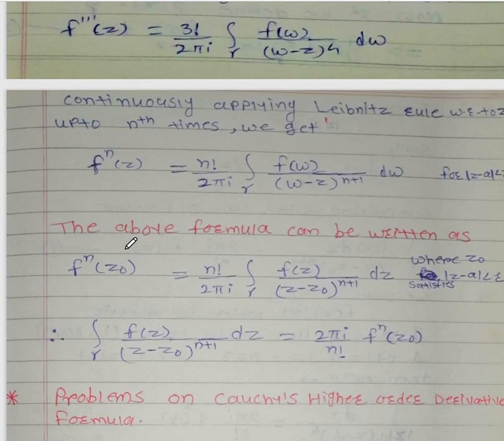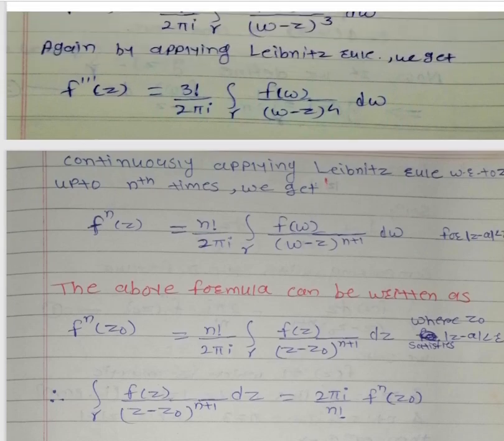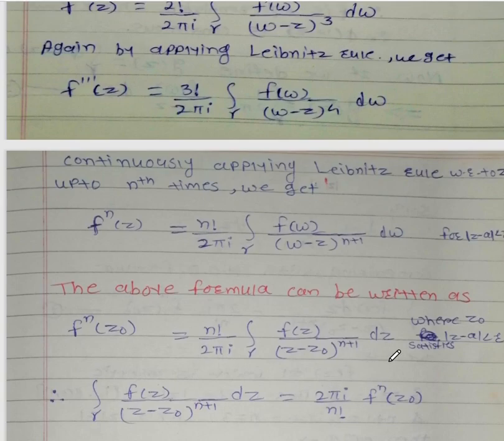The above formula can be written as f n of z0, where instead of z we take z0, an arbitrary point: n factorial upon 2 pi i integral over gamma f of z upon (z minus z0) to the power n plus 1 dz, where z0 is any point in the circle mod z minus a less than r. Or we can write it this way: integral over gamma f of z upon (z minus z0) to the power n plus 1 dz equal to